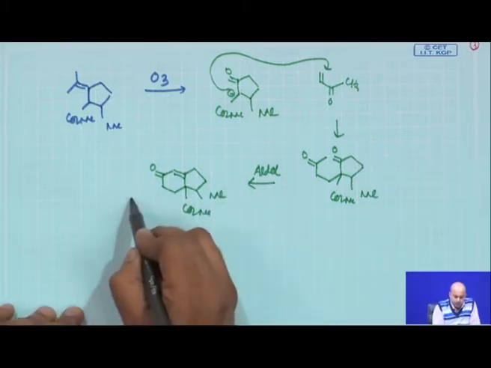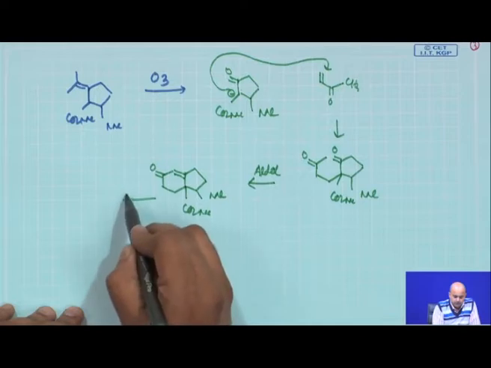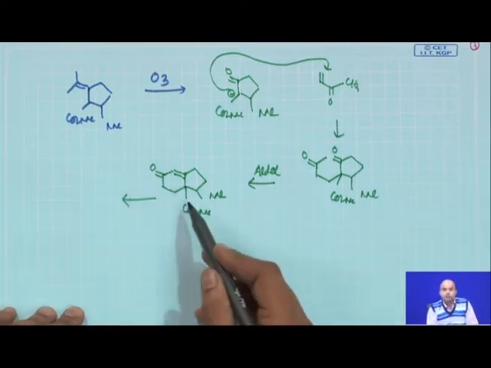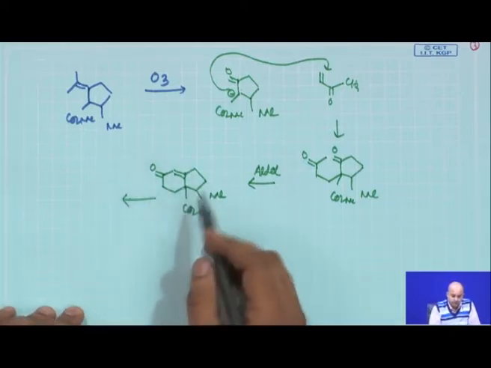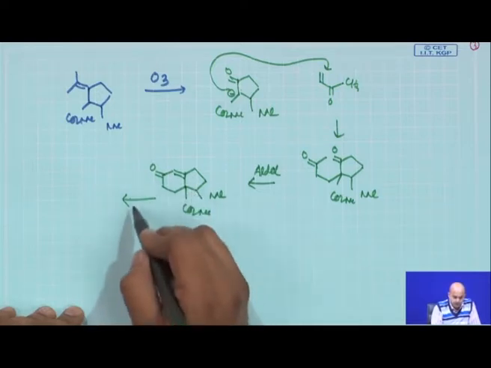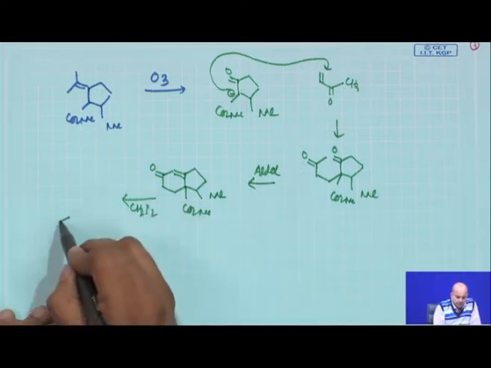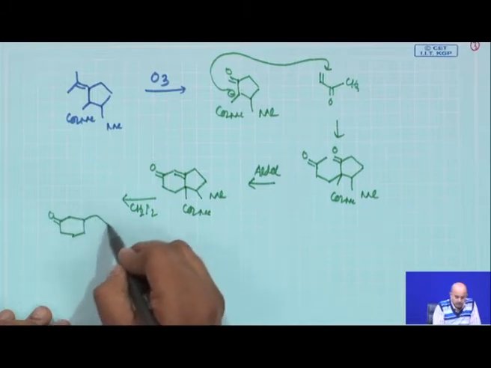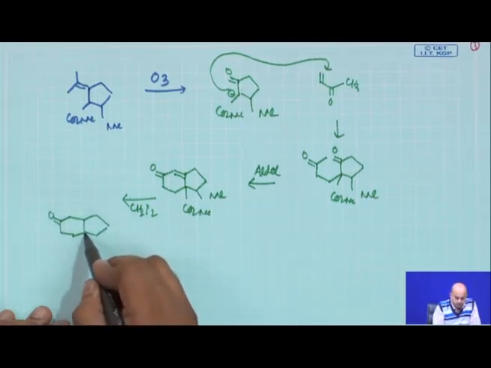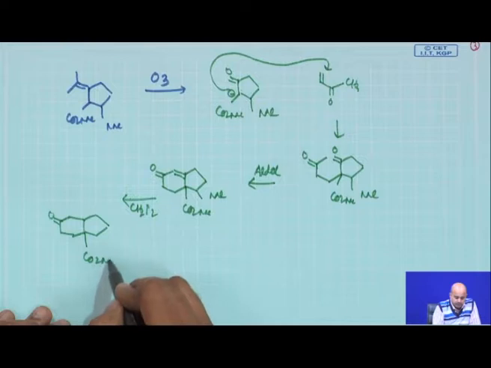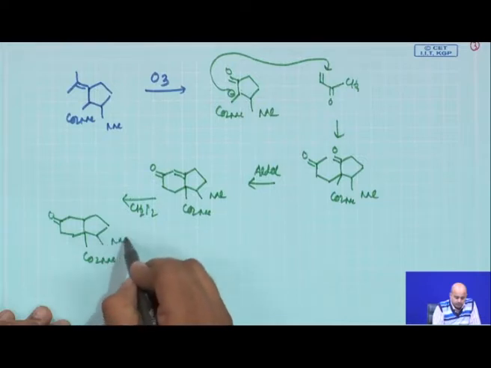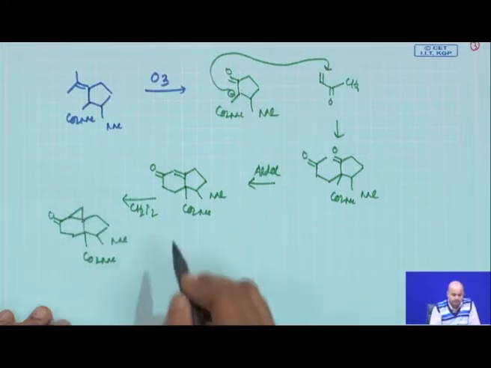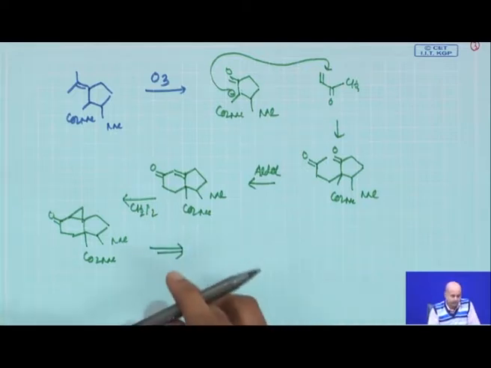Now, no need to do the Luche reduction as was given in the original slide. Actually, in the original problem the stereochemistry was given. As stereochemistry was omitted, you can simply do the Simmons-Smith reaction here. The Simmons-Smith reaction will give a cyclopropane. The cyclopropane will be generated here, and then everything is pretty much set.